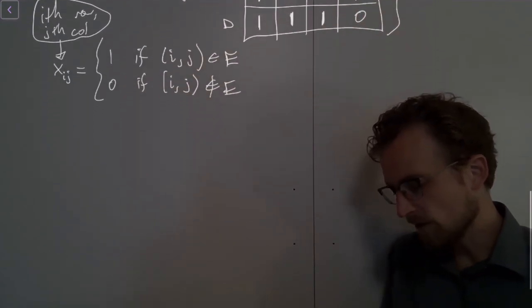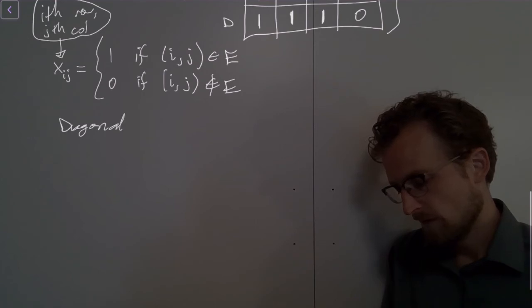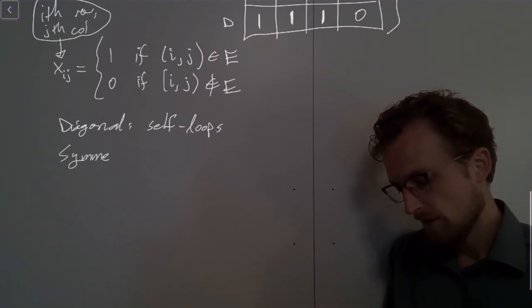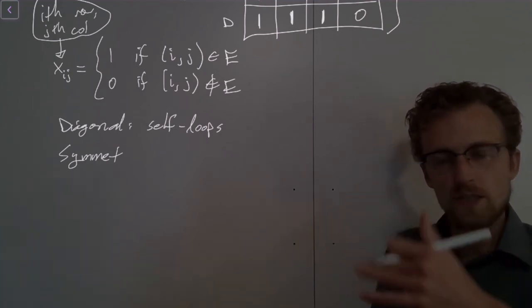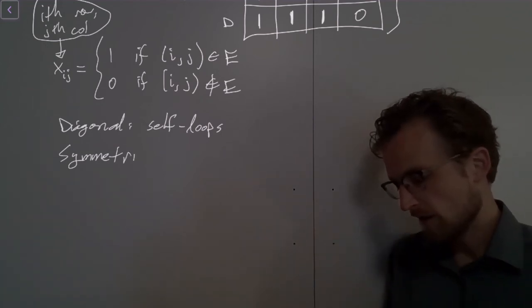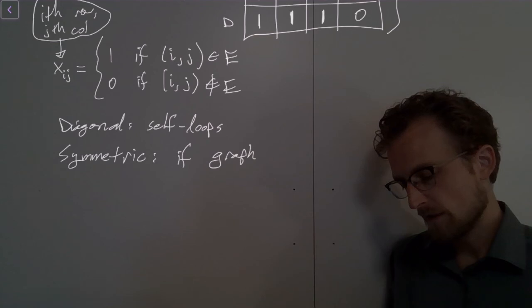So the diagonal represents self-loops, and the matrix is symmetric in the linear algebra sense of symmetry, where you reflect across the diagonal. The adjacency matrix is symmetric if the graph is undirected,